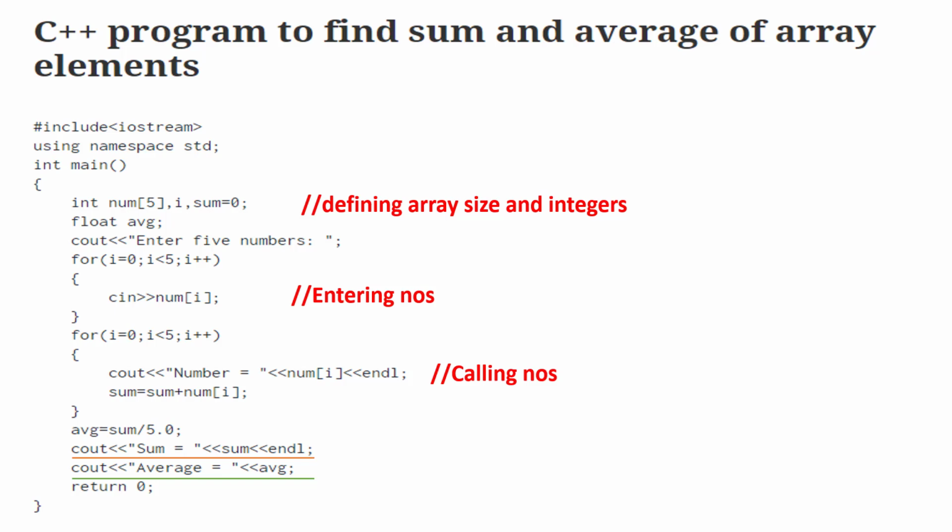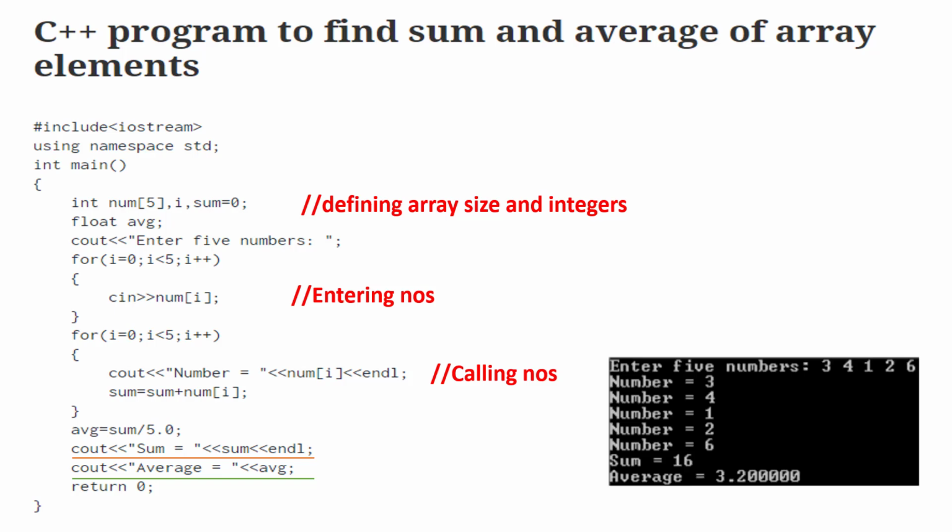This one also is a simple problem. This only changes to find the sum and average. So everything is the same as the previous problem. Include iostream, using namespace std, int main, int number[5], size is 5. We defined an integer called i, and sum equal to 0. This is to initialize that there is no sum.